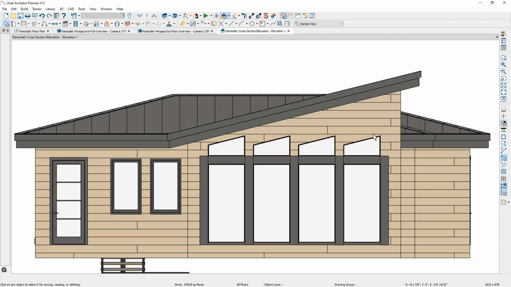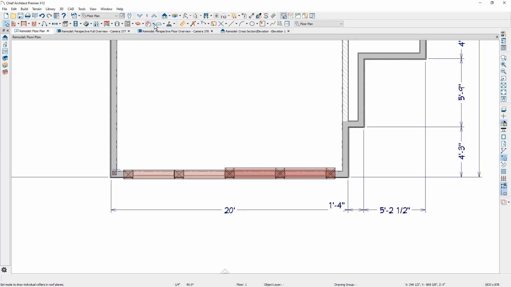And the next thing I want to do is I'm going to go back into the floor plan view and I'm going to place a beam that will go right below that roof edge. Let's go back over to the floor plan view. Then I'm going to come over. You'll find one of the tools underneath of the framing is a roof beam. Let's go ahead and draw this roof beam right across the wall. And I'm just going to snap it onto the edge.